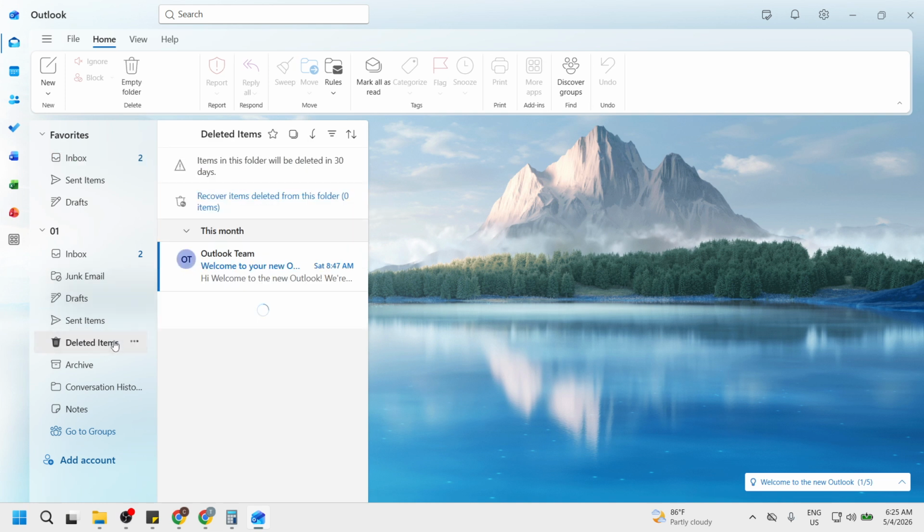When you're done, go back to the storage view to confirm your usage has dropped. Repeat the large message cleanup if you still need more room. That's it. Clean, simple, and effective.